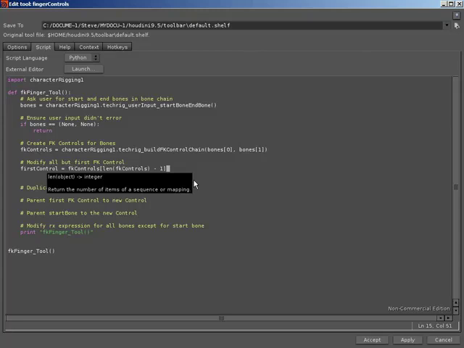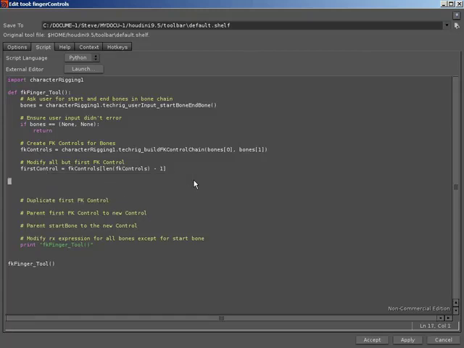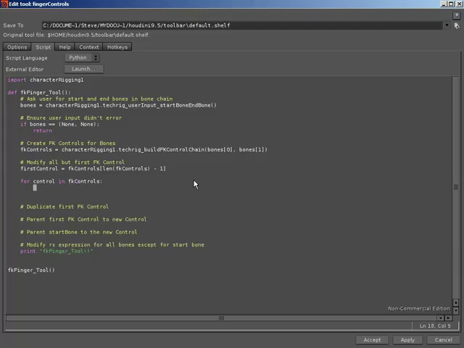If you're not, then obviously we do want to modify you. Also, having our first control here will allow us to duplicate that first control in a second. So now that we have that first control, I'm going to say for control in FK controls. So that will loop through all of the controls that got returned to us, and I want to go ahead